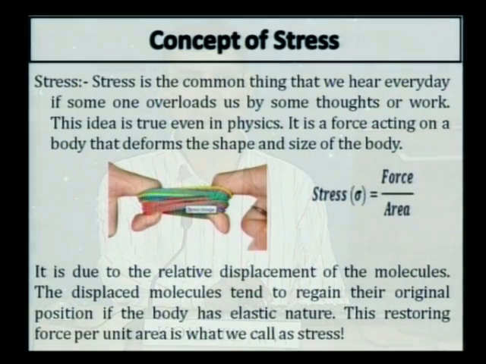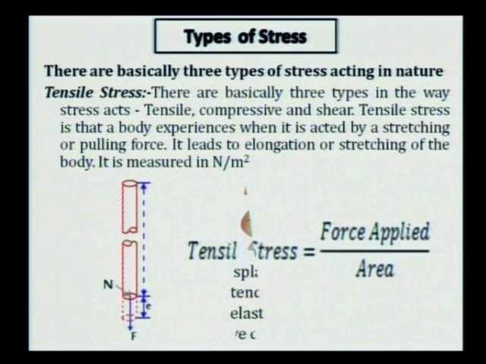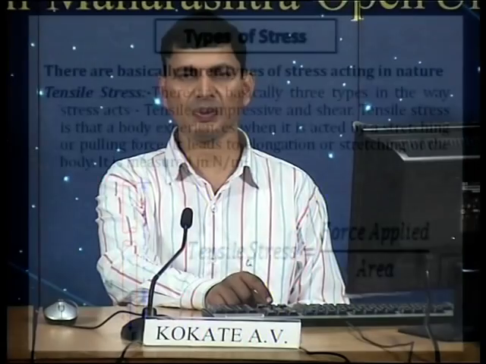Stress is equal to force upon area. It is measured in Newton per meter square. Then if you consider a body in the form of a wire, and you fix one end of the wire to a rigid support and the second end is loaded by a weight or load, then elongation of the wire takes place, that is, the length of the body changes. The corresponding stress is called a tensile stress, and tensile stress